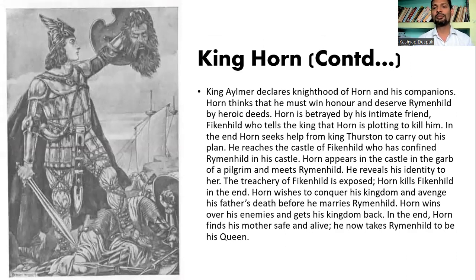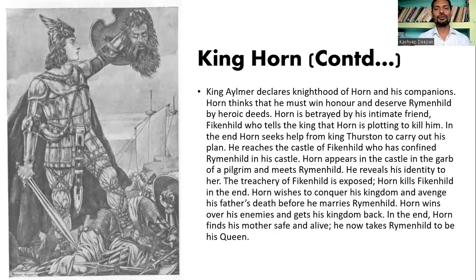Horn is betrayed by his intimate friend, Fikenhild, who tells King that Horn is plotting to kill him. In the end, Horn seeks help from King Thurston to carry out his plan. He reaches the castle of Fikenhild, who has confined Rymenhild in his castle. Horn appears in the castle in the garb of a pilgrim and meets Rymenhild. He reveals his identity to her. Treachery of Fikenhild is now exposed. Horn kills